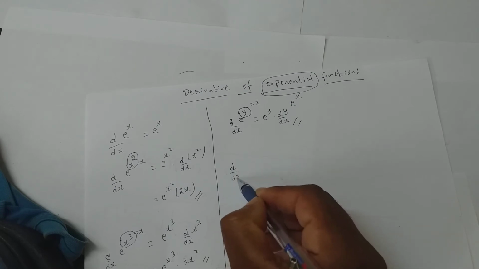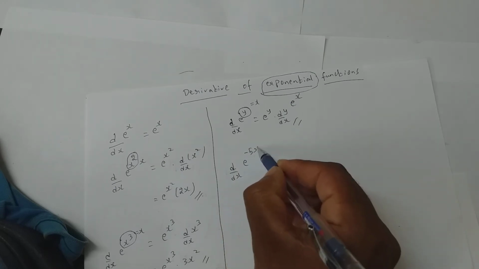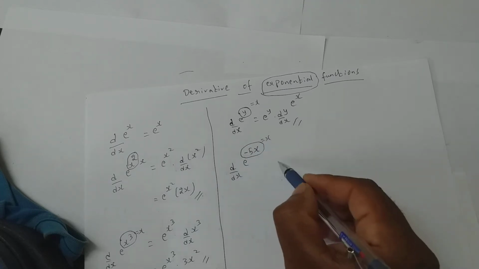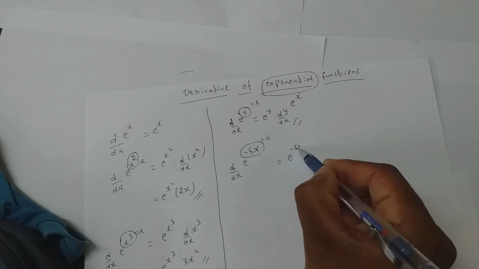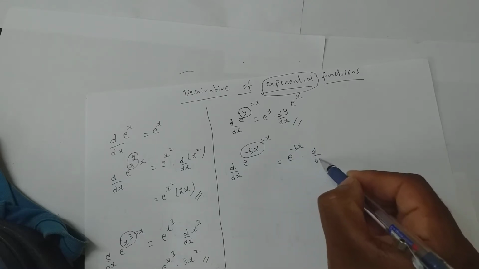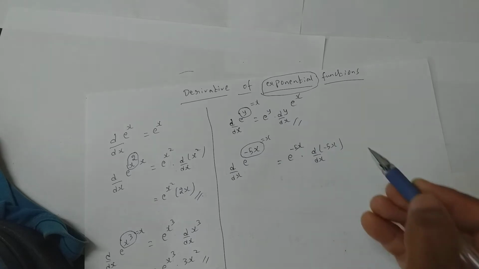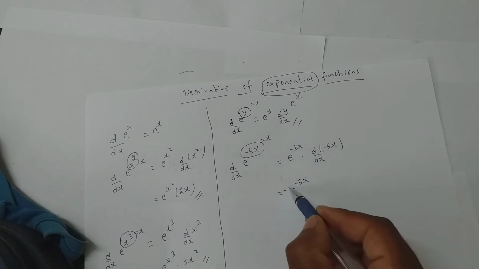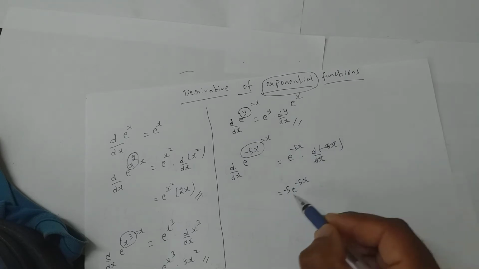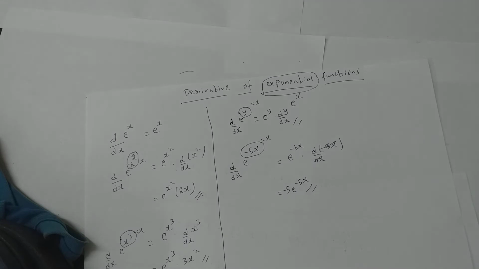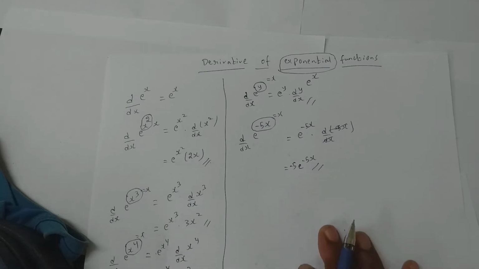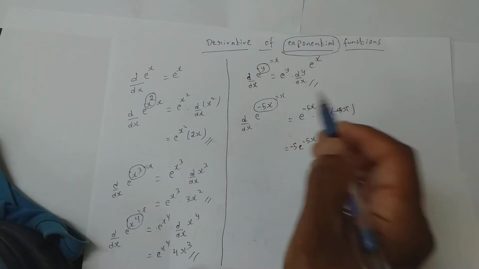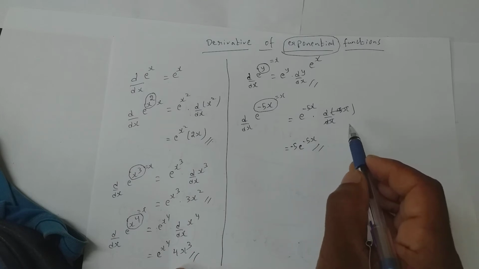If it is d by dx of e power minus 5x, again what do you do? You assume it to be x. So e power x differentiation is e power x only into whatever you have got in place of x. Clear? So it is e power minus 5x into minus 5 will come out, dx gone, this is the answer. Am I clear? I am stressing on internal part differentiation. In place of x whatever you are assuming, that should be differentiated at last.